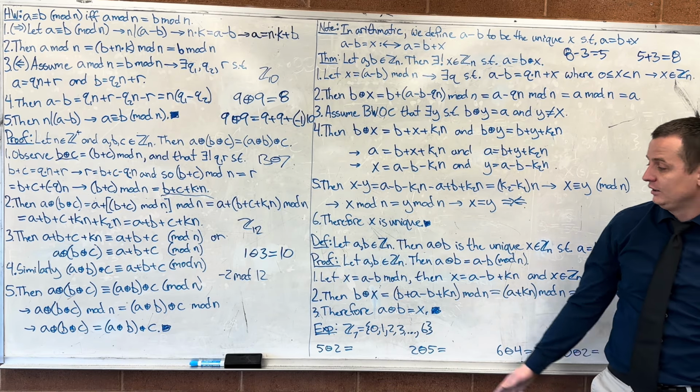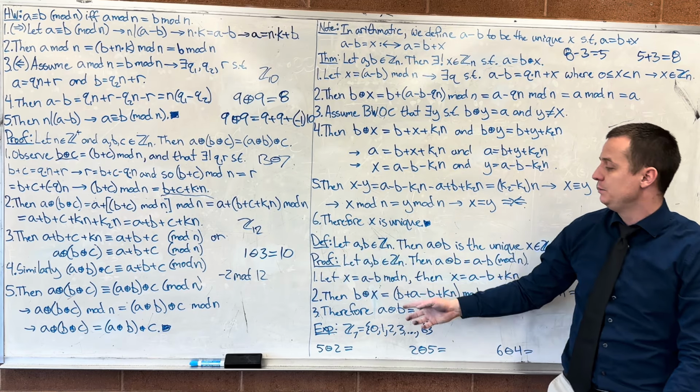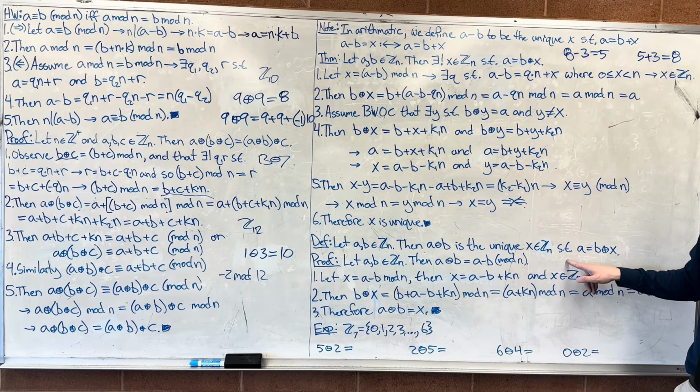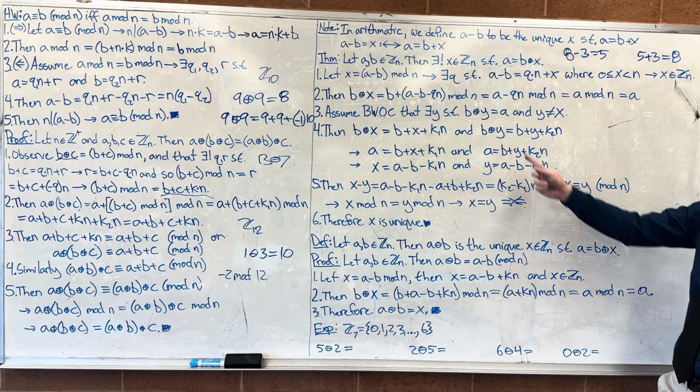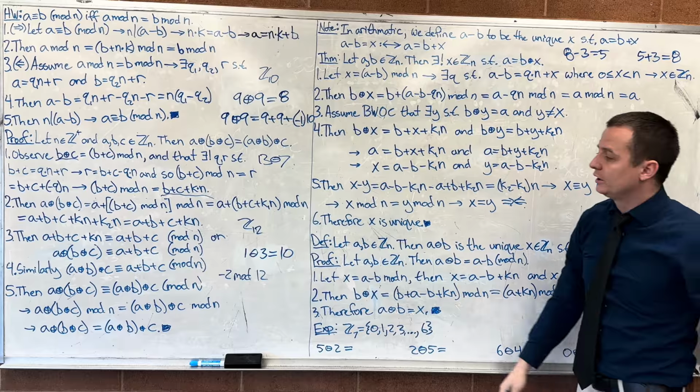And now that we proved it's unique, we can now define subtraction. So let a be in Z sub n, then a minus b is the unique x in Z sub n such that a is equal to b plus x. Exactly the same thinking we were using up here. Now that isn't how we want to compute it. We want to compute it